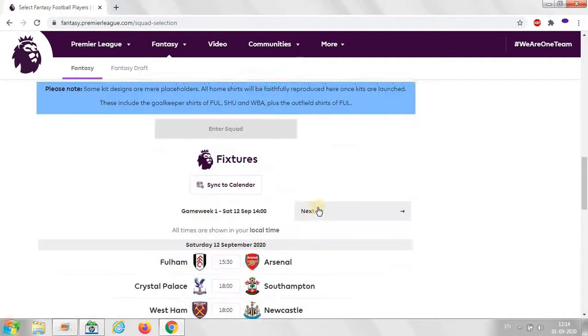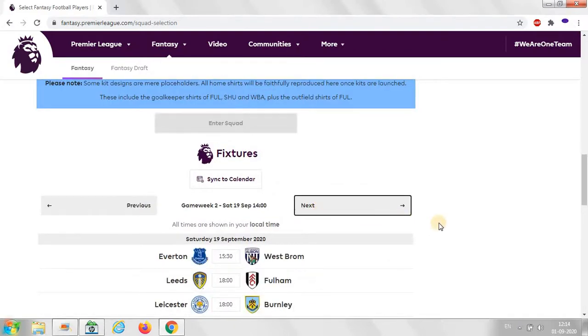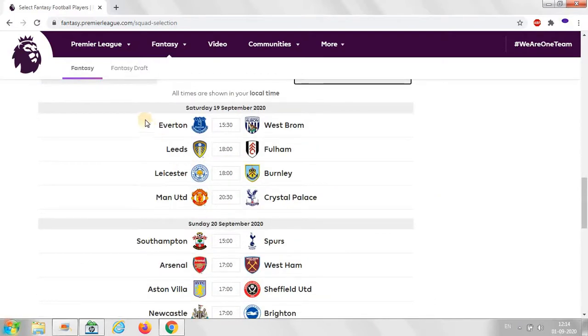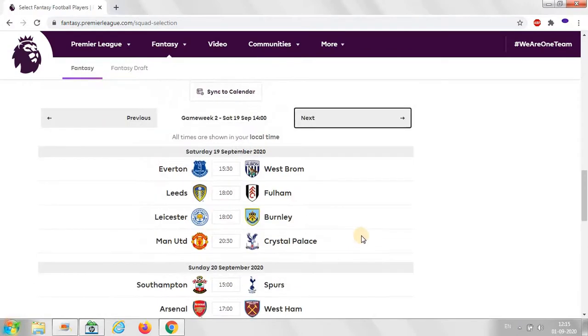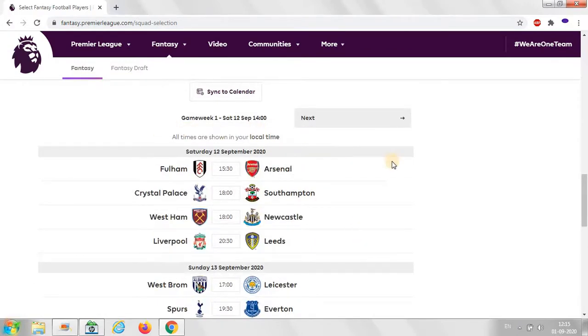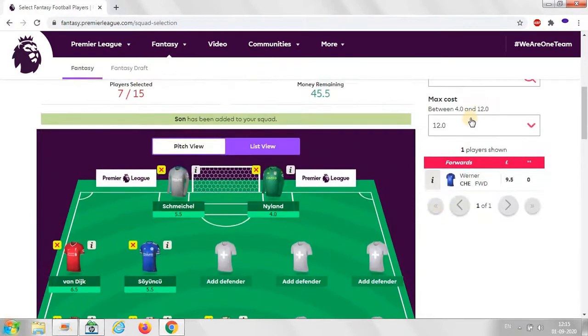Also, you must always check the second game week also. In the second game week Leicester is playing Burnley and Chelsea is playing Liverpool. So the chance of Werner scoring in the second game is less as compared to Vardy.